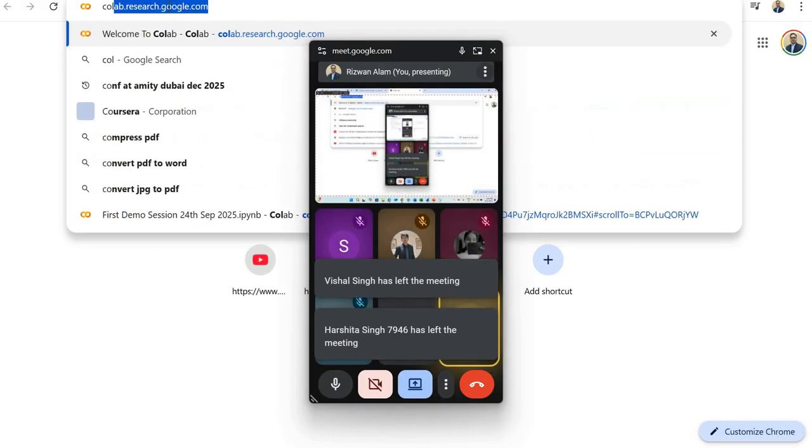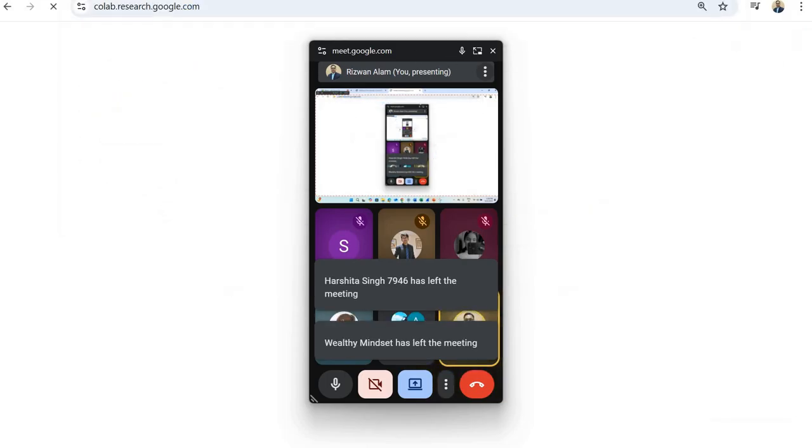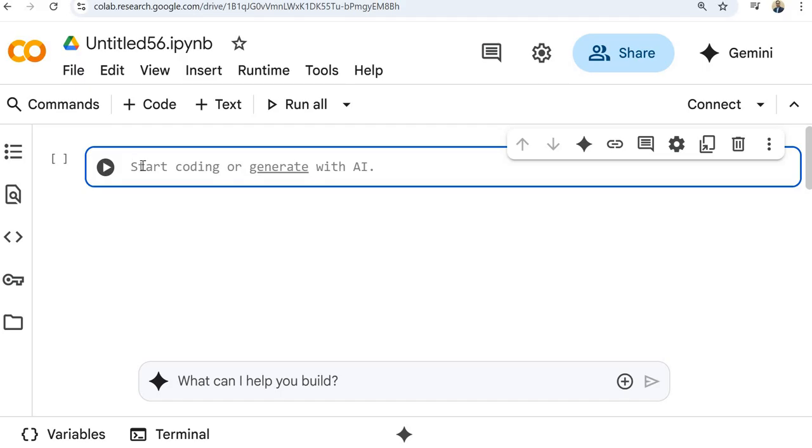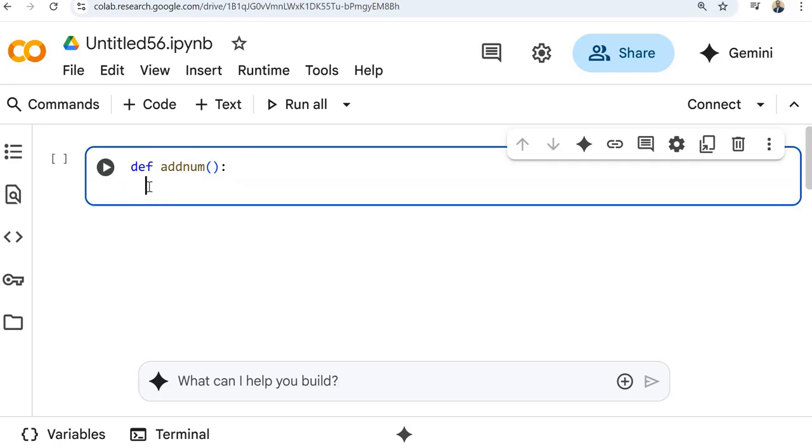the Colab file, and we will do all of this in hands-on mode. And if you can do this programming simultaneously, that will be great. You can also write this code on your device, whether you are using Colab, Jupyter or PyCharm, any editor. So we will write def, then add num, then a parameter if there is one, otherwise we simply leave it blank, and then a colon. In the next line you will see it automatically provides indentation, which means whatever you write will belong to this function.